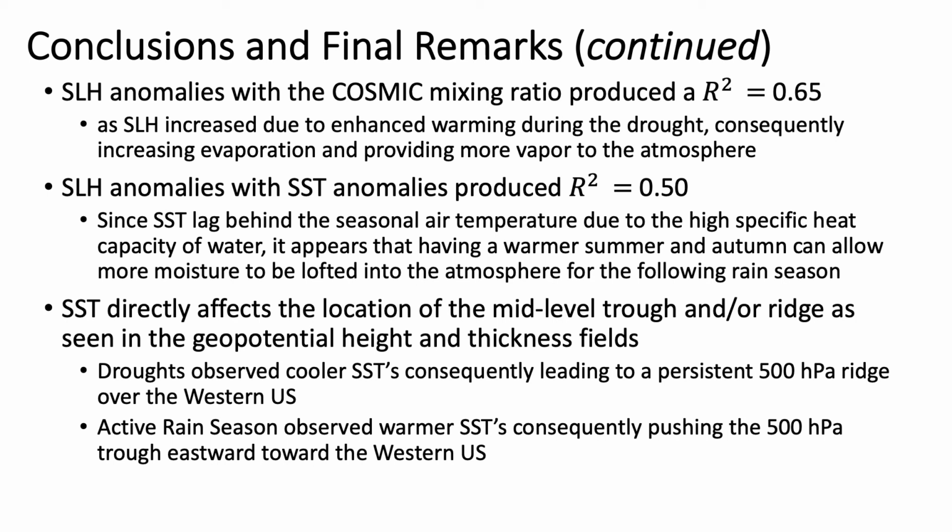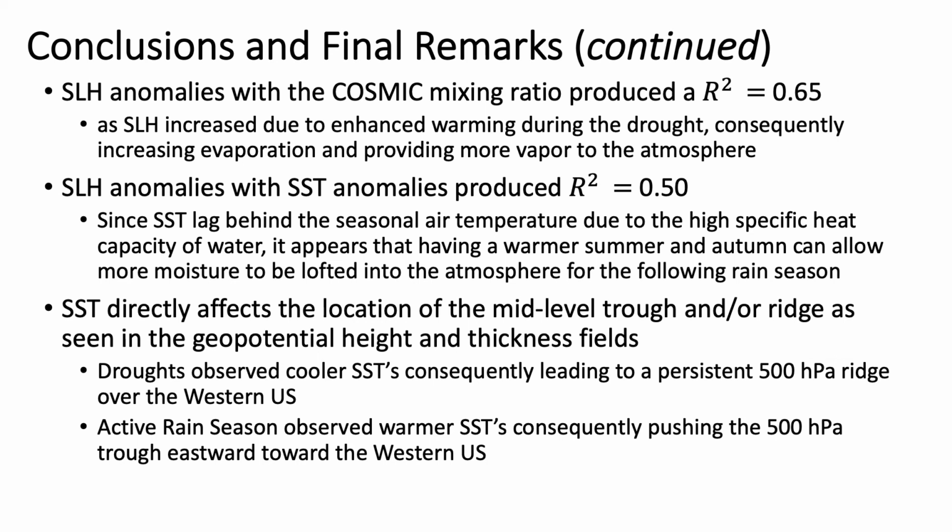And SST directly affects the location of the mid-level trough and ridge, as seen in the geopotential height and thickness fields. Droughts observed cooler SSTs, consequently leading to a persistent 500 hectopascal ridge. And during active rain seasons, we actually see warmer SSTs, and that allowed the 500 hectopascal trough to push eastward